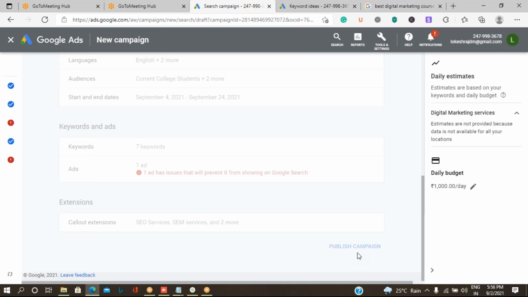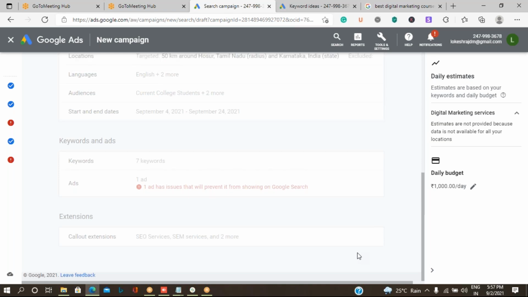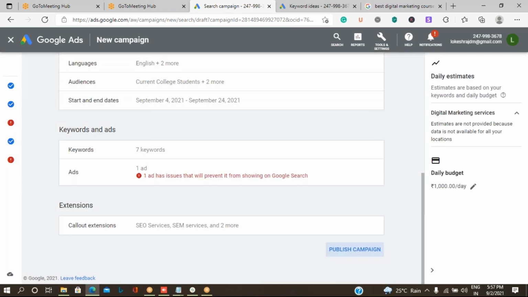The same thing is going to be shown on your search network if you start it by giving your credit card details. Okay, so by this, we are going to end Google Ads campaign creation on search and display campaign type. Okay. So in the next class, that is tomorrow, we will see other types of campaigns to be created. Okay. So thank you all.